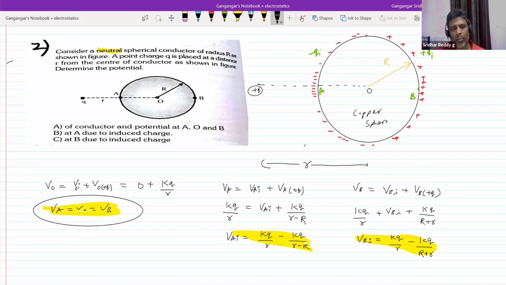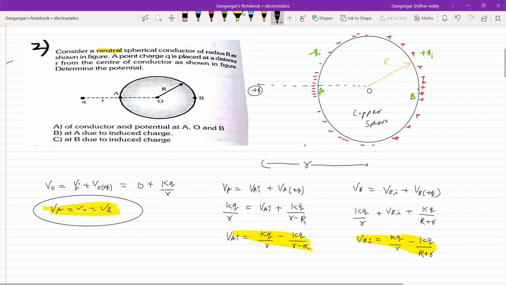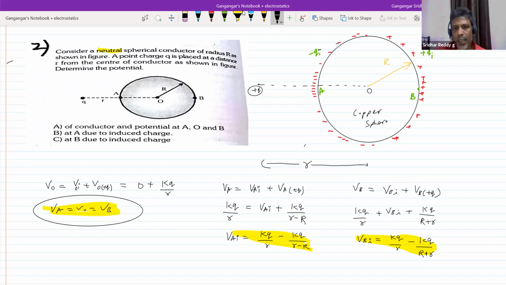Fine, so how to get the potential at any point due to induced charge, there is one method. I think in earlier classes I showed the electric field due to induced charges. So there's one idea. These are very popular, can be asked in advance. So very good possibilities there. Already I think twice they have asked. But it's unlimited, no? You can bring any situation, you can ask anything.